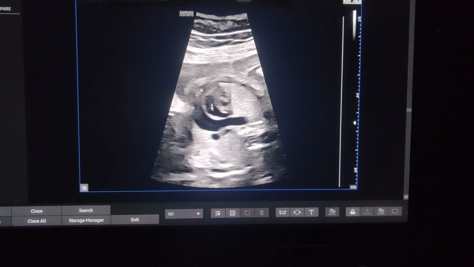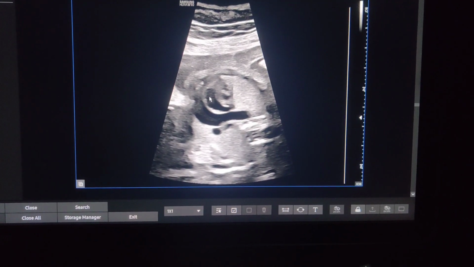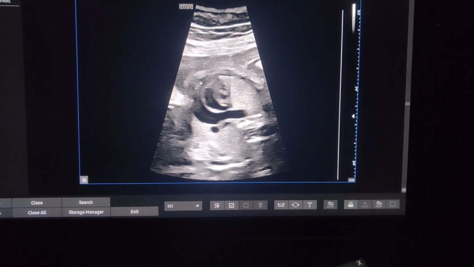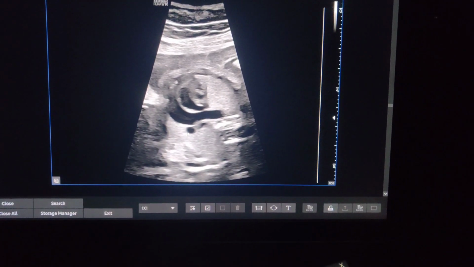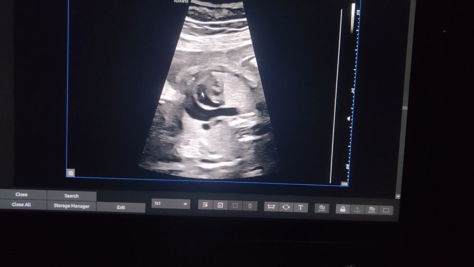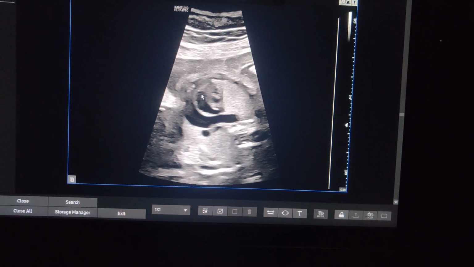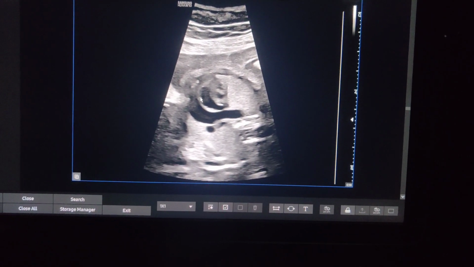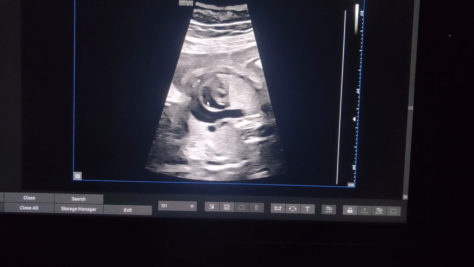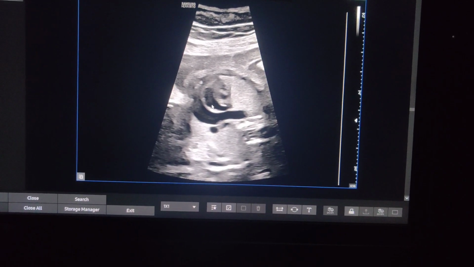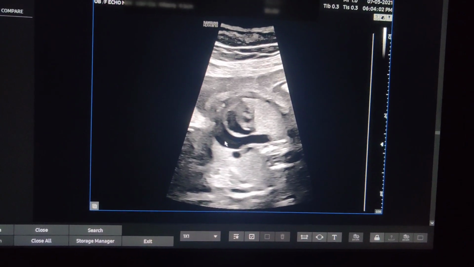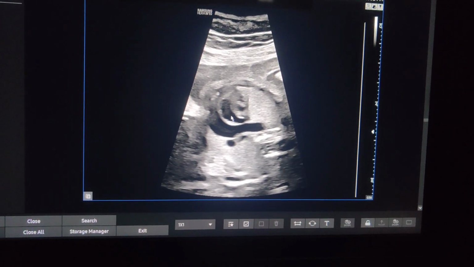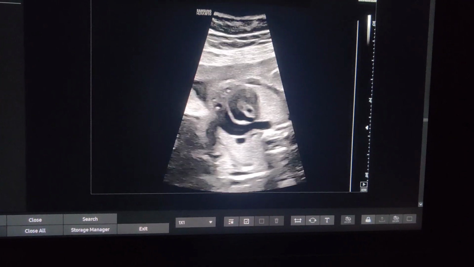Now coming to the three vessel view. Now this is left and this is right. So the pulmonary artery, aorta, superior vena cava relationship is maintained, but however you can see that both the PA and aorta are parallel to each other. I decided that this is the PA by demonstrating the branch pulmonary arteries, and that's the vessel which goes down into the aorta without any branching. So this is the aorta, this is the pulmonary artery, this is the superior vena cava.